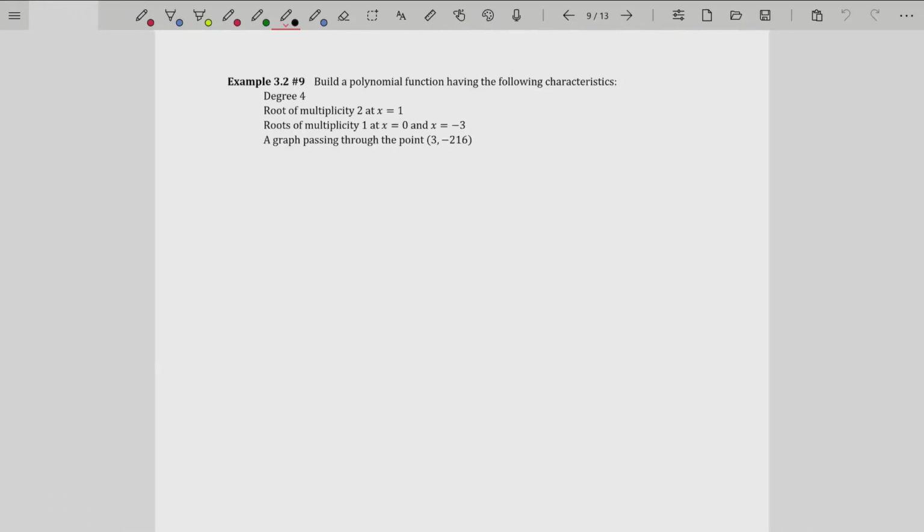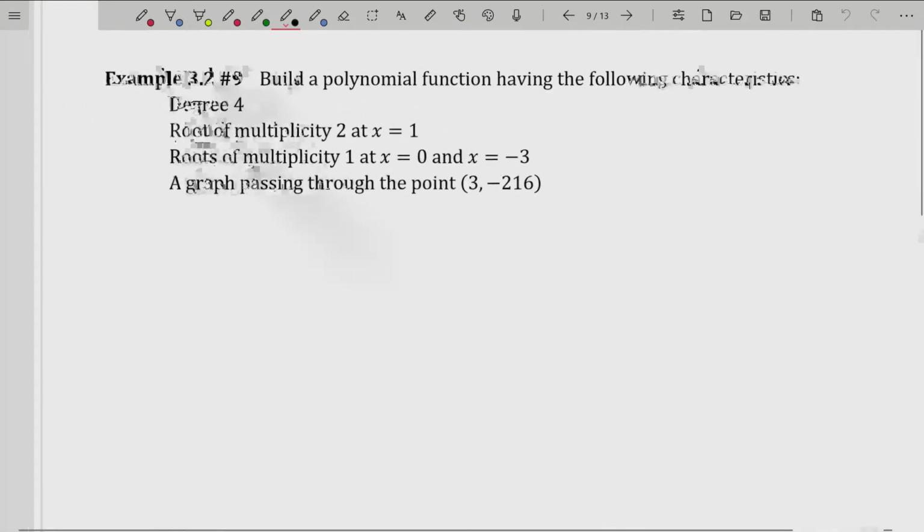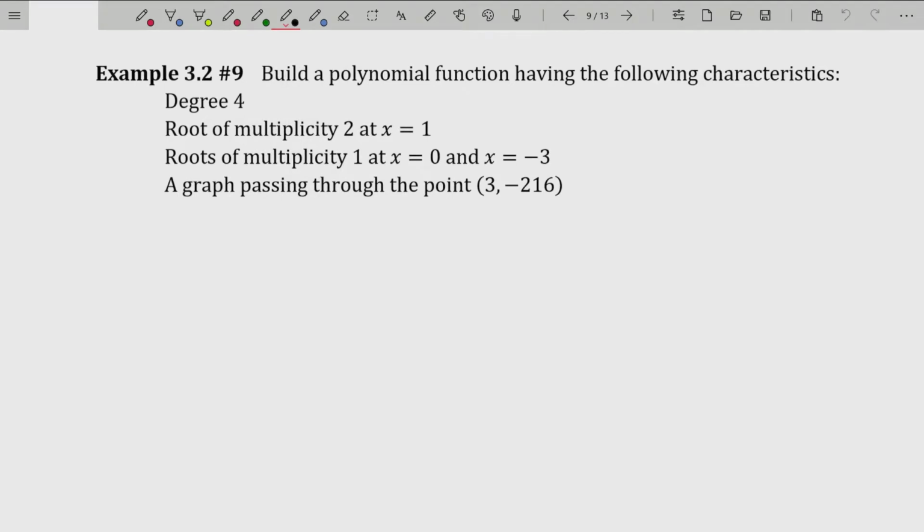Now, before we do that, I just want to cement in all of these concepts. I want to give one last example here, and then we'll call it quits on this video. And next one, we'll actually go through graphing, but I just want to get this language down. So let's go ahead and go the opposite direction. Let's suppose that we know what the zeros are, and let's build a polynomial that has certain characteristics based upon that information. So they tell us we have a polynomial of degree